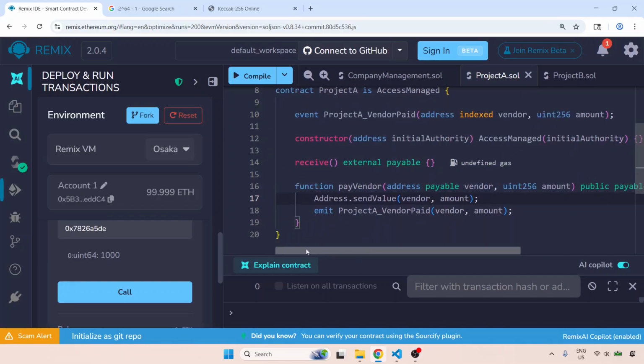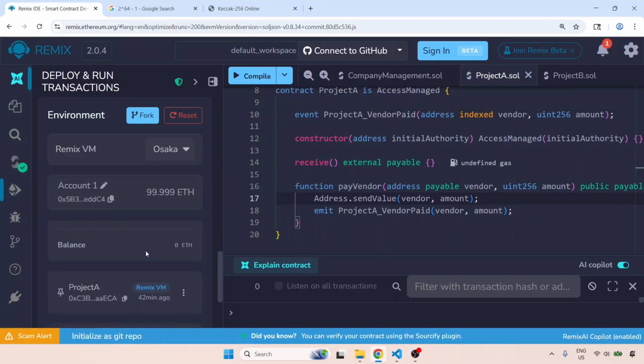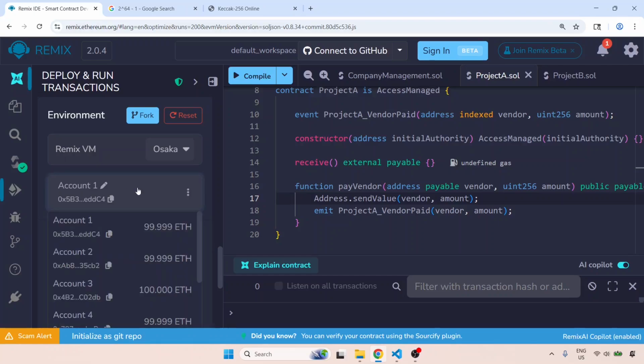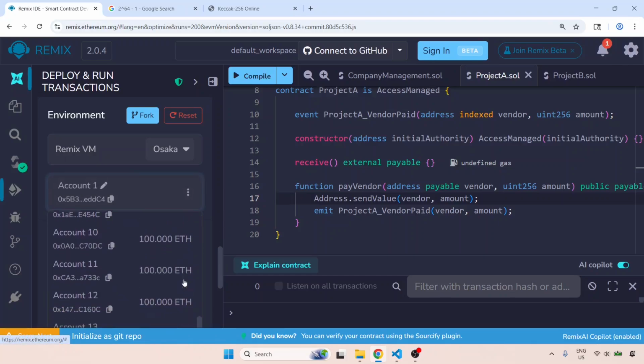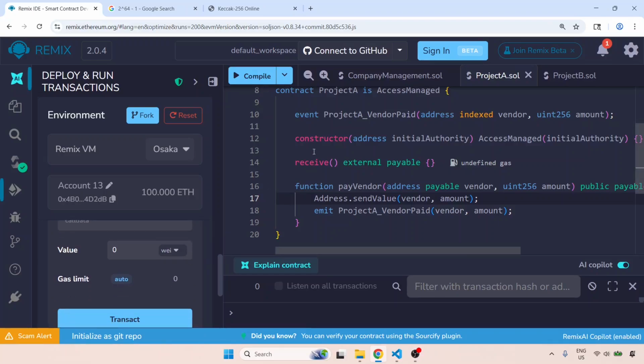So for this we select project A, and within project A we need to now transfer some funds. So let's just choose a random account. We can choose any account because we have almost 100 ether in all of them. Let's choose account number 13, the very last account, as this is what we will use to just transfer some funds to both of them. So there is no call data because we are using the receive method, and here I will just say ether and just say 10 ether,